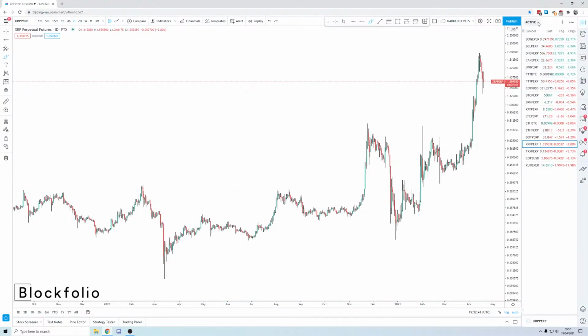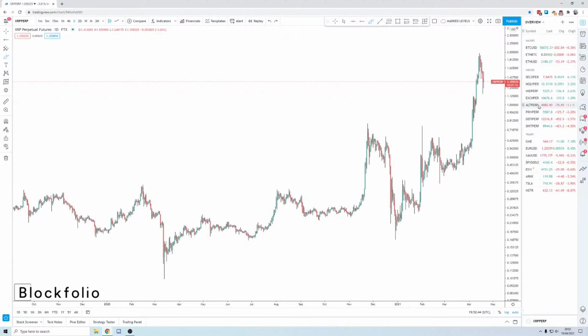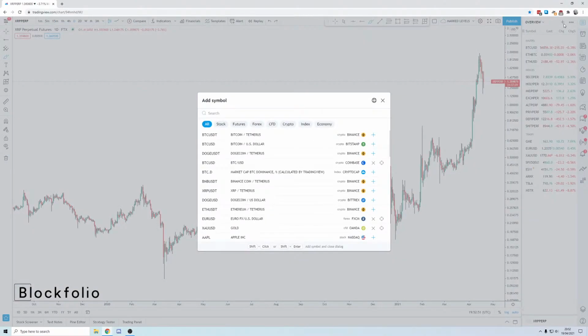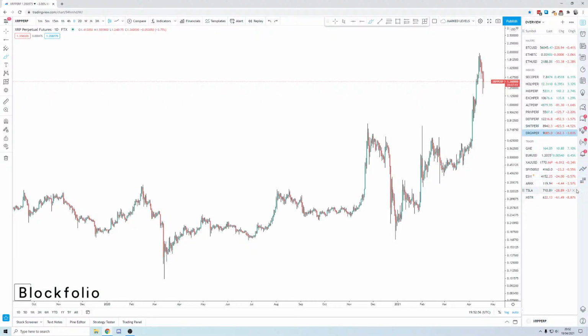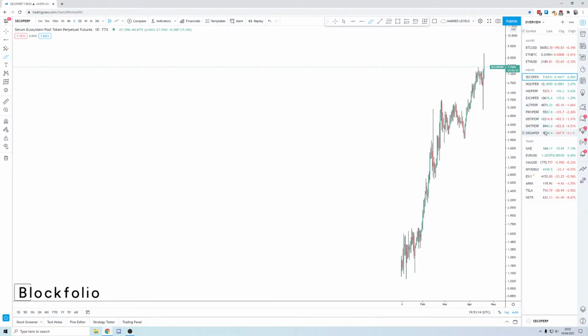But yeah, as I said, my approach to this, when it comes to the altcoin side of things at least, is sectoral. So you've got all the FTX indices. Yeah. So I'll just literally look through the indices as to what's performing well, and then look within the indices into individual coins which showed or are showing relative strength. So again, you've got your Solanas, your Serums, etc., which are kind of leading, and Dogecoin as well